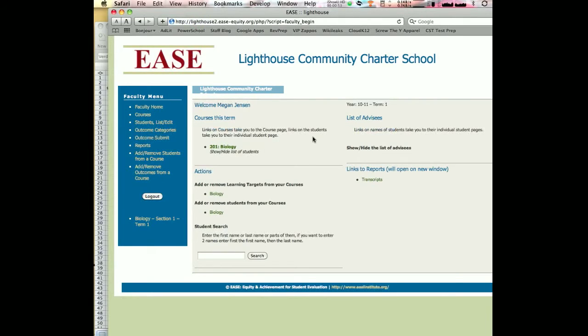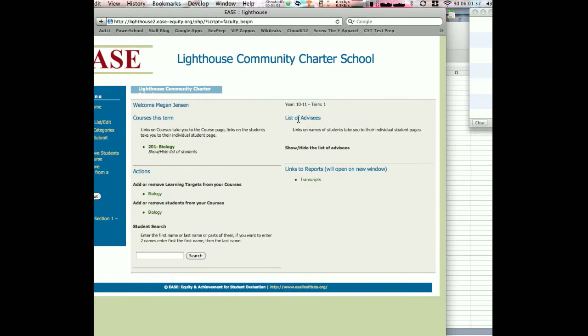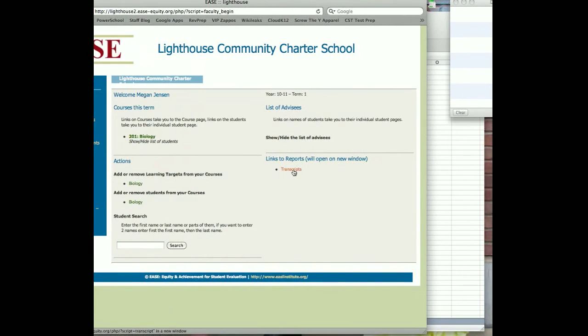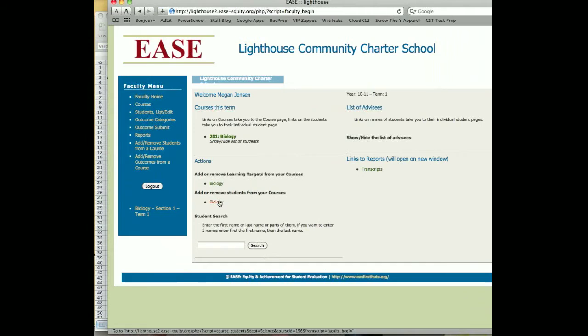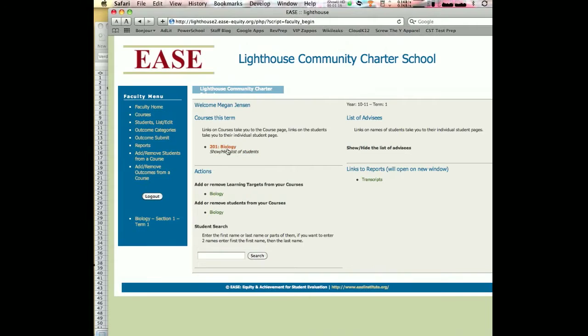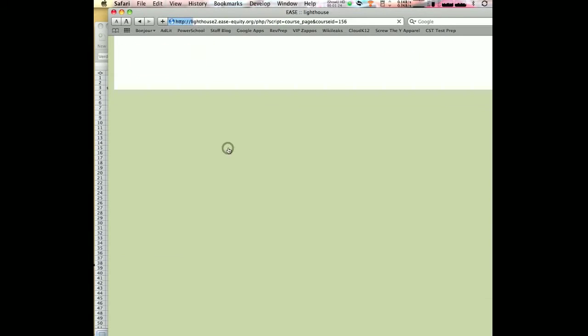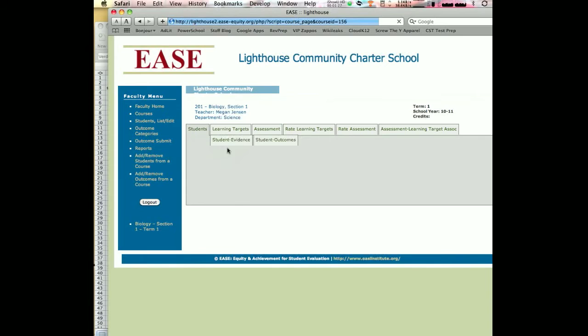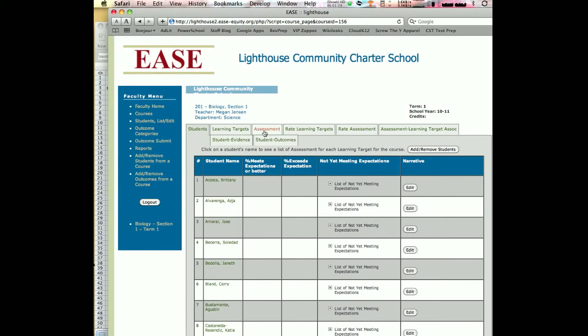After I log in, I'll notice that I get a new screen with the new application that's been updated. There's lots of new functionality here, whether it be checking students' transcripts, adding and removing students from the course, which you can do now on your own, adding or removing learning targets from the course, which you can do on your own now, or simply clicking on the course that you have. If you click on the course title here, it'll open up the screen that we're all more used to seeing. So if you go into assessment,